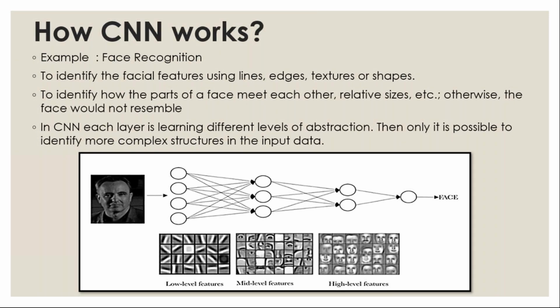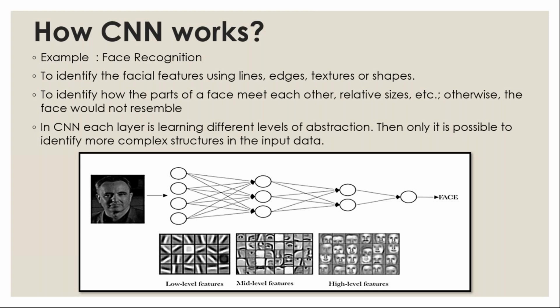It may be a standing line. It may be a left slanting line or a right slanting line. Okay. So the lines may be in different formats. And suppose you see a circle shape, it may be an oval, it may be a rectangle. So you have a different set of features. Those features, we call low level. So first of all, you have to collect the low level features. Low level features are nothing but your lines, curves and everything. Okay. So in the first level, I have extracted the low level features.